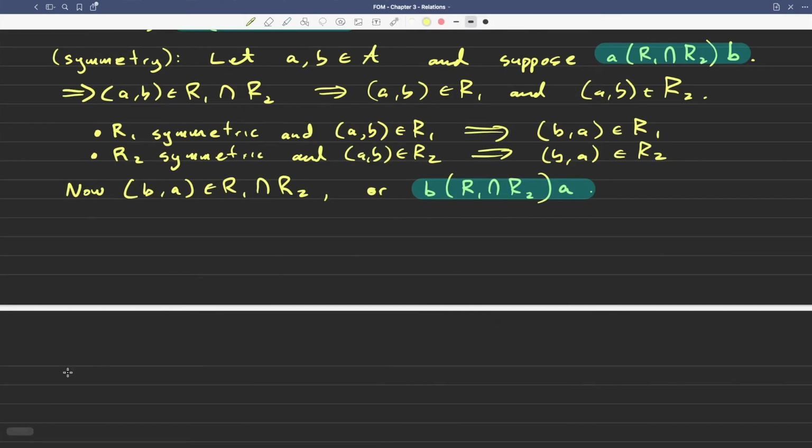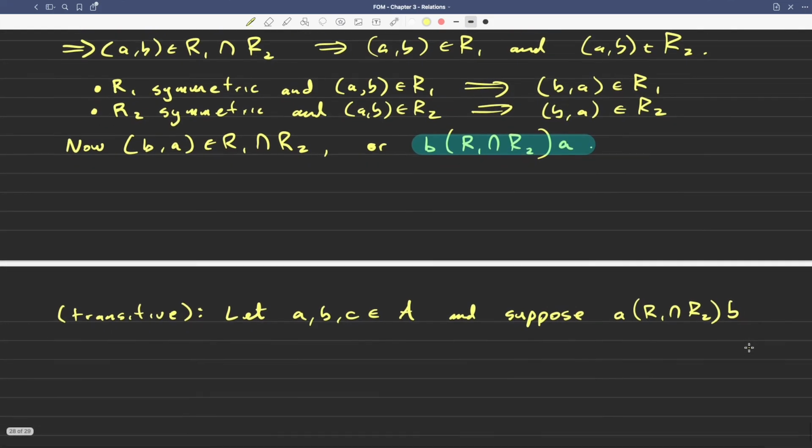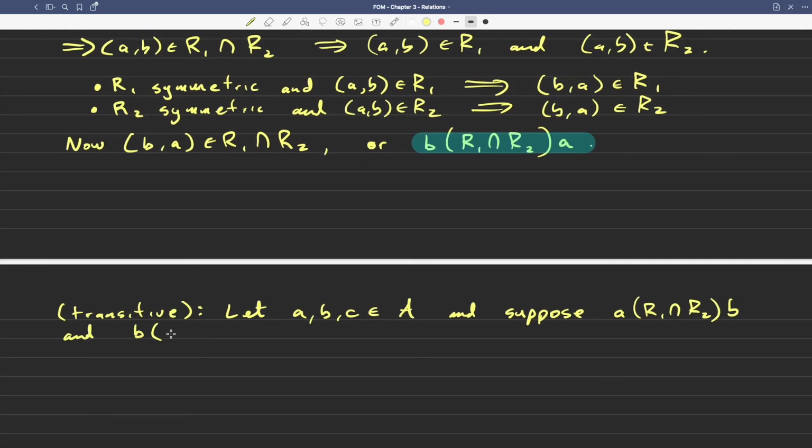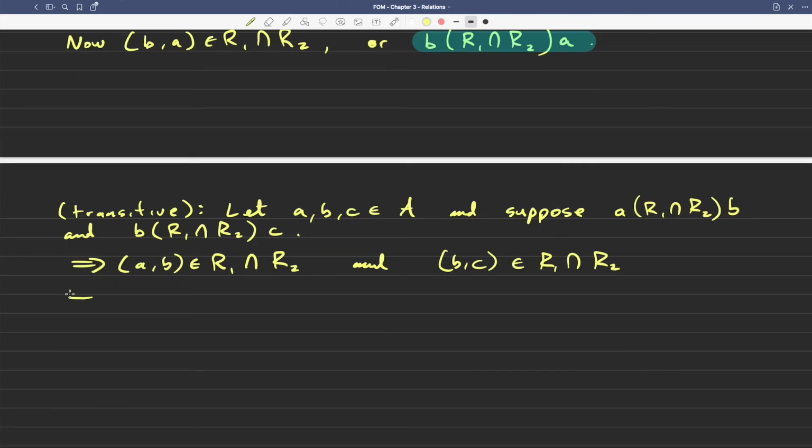And then I'll start transitivity on the next page here. For transitivity, we let A, B, and C be elements of A. And we suppose that A is related to B in the intersection relation, and B is related to C in the intersection relation. Okay, so this says that A comma B is in R1 intersect R2, and B comma C is in R1 intersect R2. So this says A comma B is in R1, and A comma B is in R2,